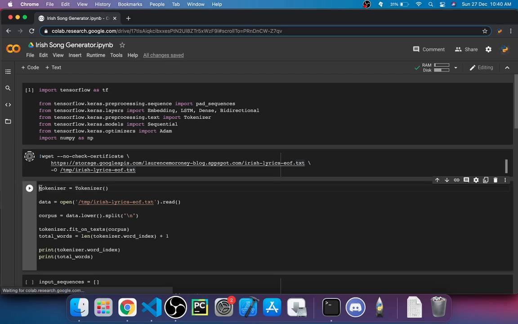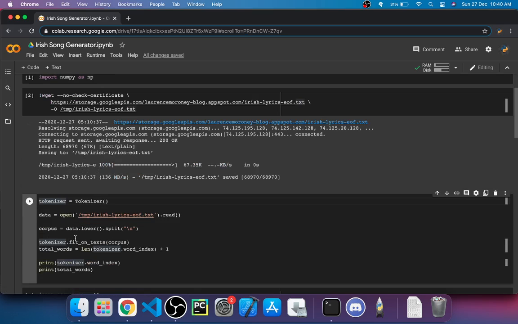Then what I've done over here is created a tokenizer. What a tokenizer does is it will take the words and convert each and every word to a number. So this is how a neural network with text classification works: it will take the words and map each word to a single number, like 1.